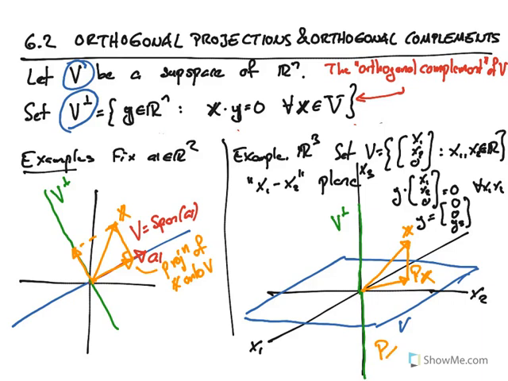P of x is simply what you get if you zero out the third component. So this is called a projection. It has a very clear, intuitive idea for this simple example, and now we're going to try to generalize this to a more general setting. All right, now I'm going to delete these examples,